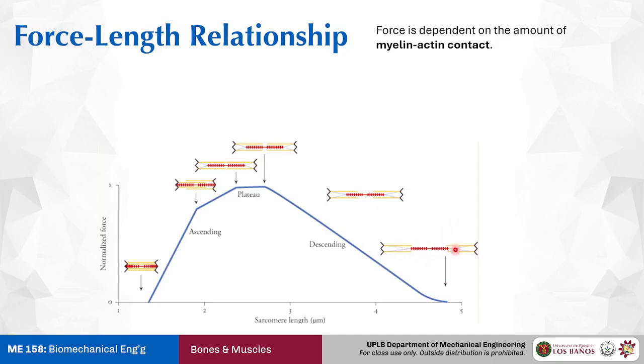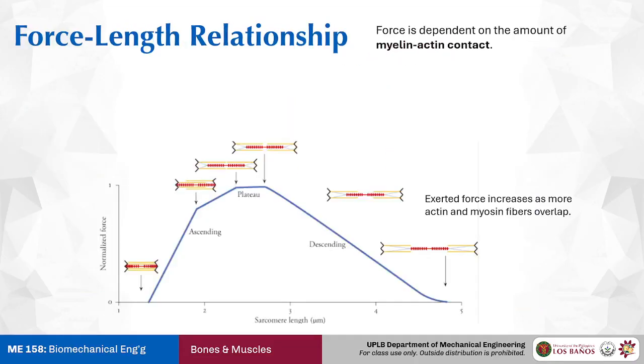So we have our myosin heads. They're not fully unsheathed. If they're 100% unsheathed, no contraction would be possible. So maybe some of the myosin can still touch the actin sheaths here. When the muscle exerts force at this length, there's only a limited amount of myosin heads that can transmit the force. So it's quite weak. The amount of force that the muscle can send at this length is very small.